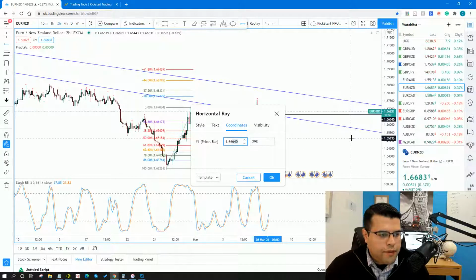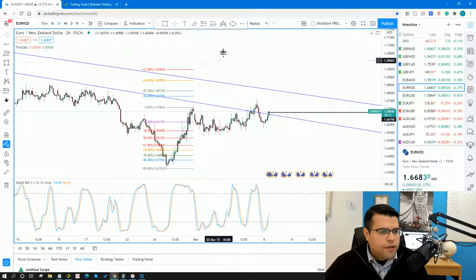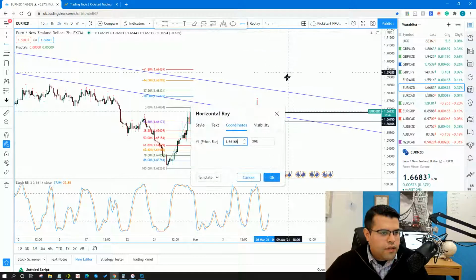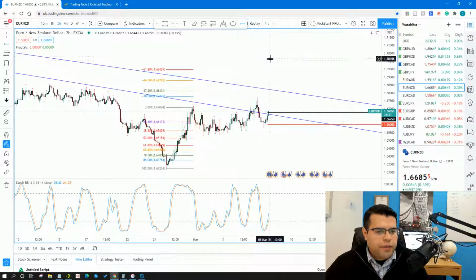10 pips above is going to put me, I'm going to go technically 11 pips, 66.75. Okay, 66.75. And then you can just go 10 pips below this. I'm going to go a little bit further than 10 pips just to bring it down to even. So I'm going to go to 166 even. And then I can go 10 pips in front of this D extension. That is one of my options here, right?